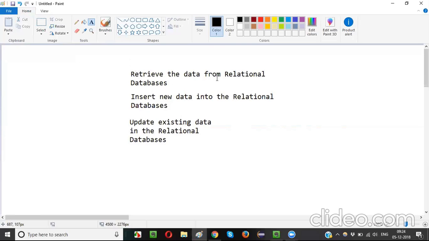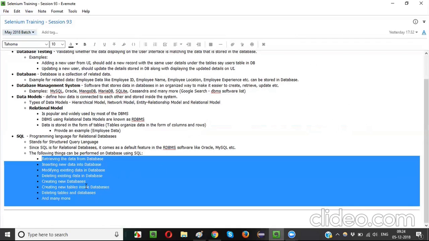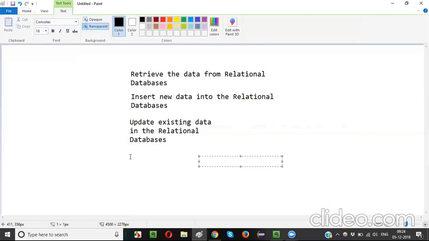Retrieving the data, that means getting the data from the database; inserting new data into the databases; updating existing data, that means whatever existing data is there, you can modify that. Let's say retrieving the user data from the relational database means get the user details from the user table. Insert new data, add a new user to the user table. Update existing data, modify one of the user details in the user table. Delete existing